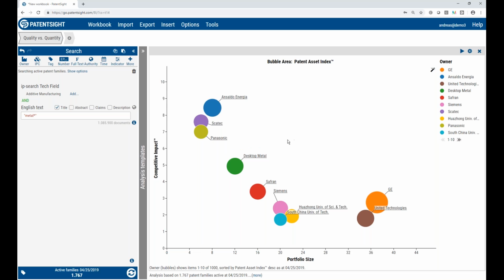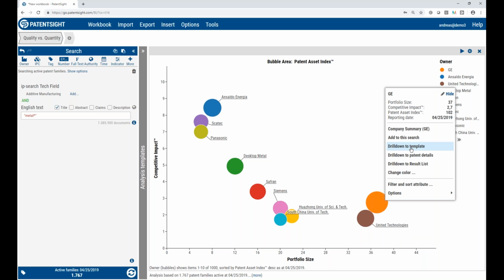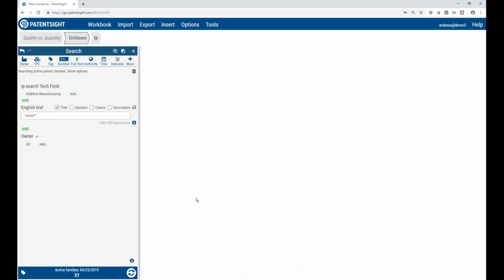Now, of course, I can further drill down into what's going on in this technology field. For example, I see GE has the biggest patent asset index in that field, so they have the biggest bubble. So I would be interested in going a little bit deeper to understand what GE is actually doing in that field. So I can do a drill down onto GE. I'll do a drill down to a template, and